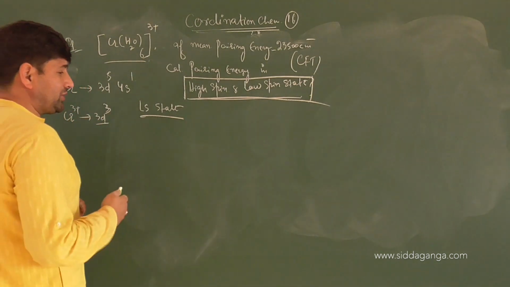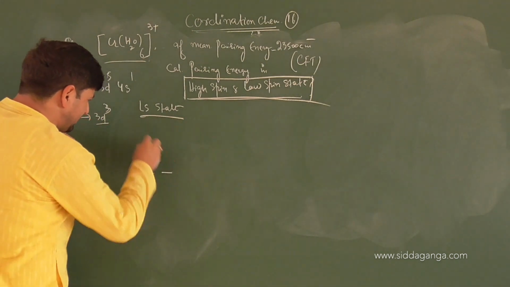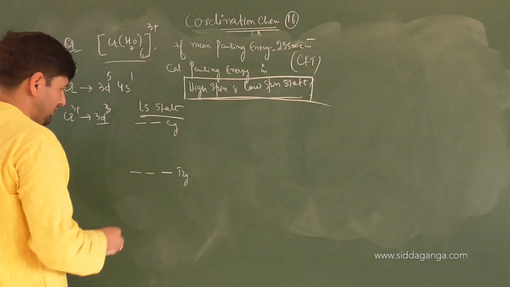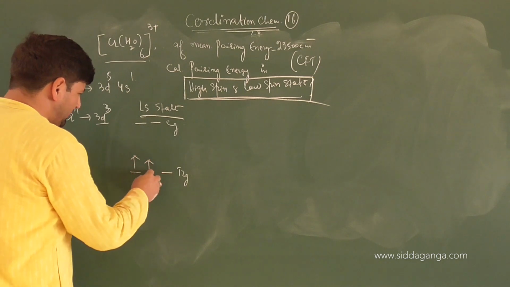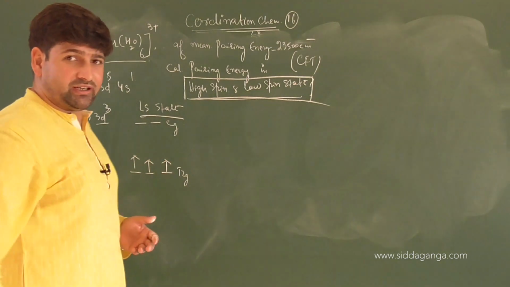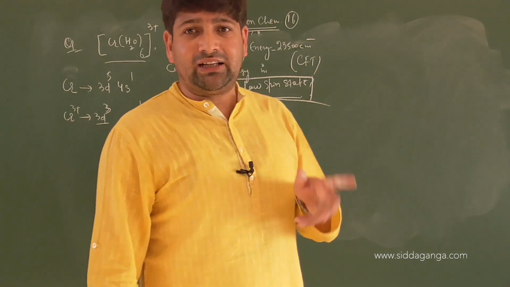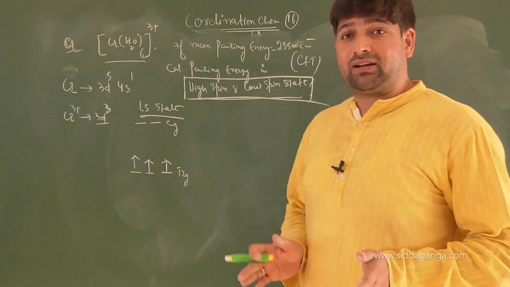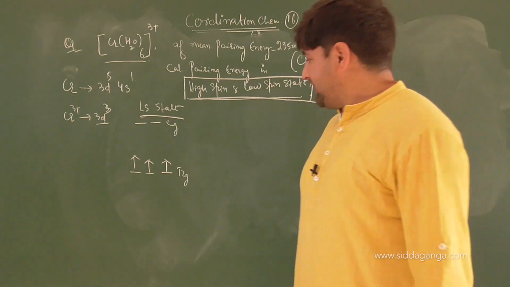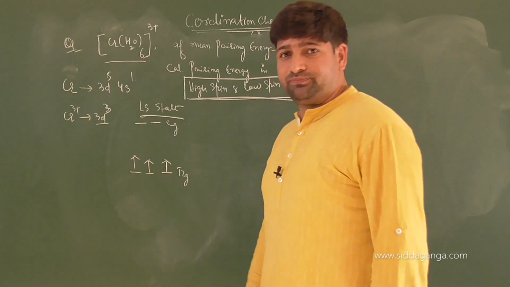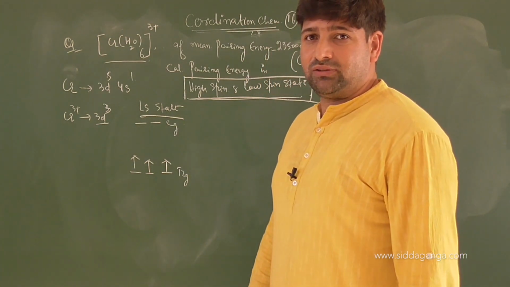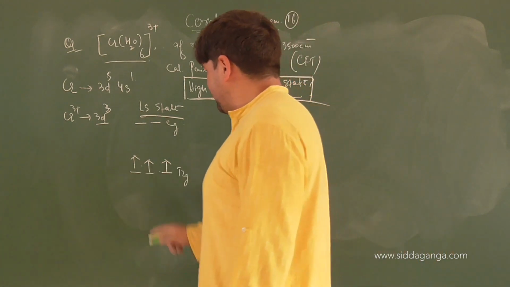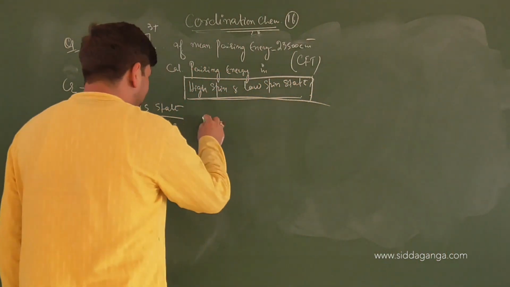Now according to this, when it is in low spin state, means all the electrons will be paired. We will have T2g set and we'll have Eg set. So this is T2g set and this is Eg set. There are total how many electrons in chromium here? There are only 3 electrons, and we have learnt in our discussions that when there is d3 configuration, d1, d2, d3, it doesn't matter whether there is strong field or weak field, because anyway all the 3 electrons will go to which state? They will go to T2g state. Once they are going to T2g state, there is no electron in Eg, we can calculate CFSE.